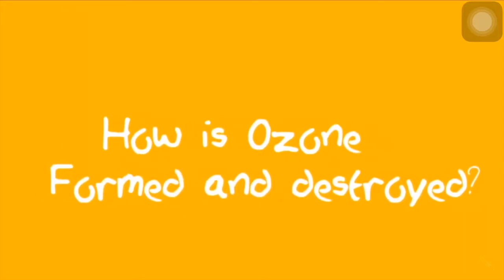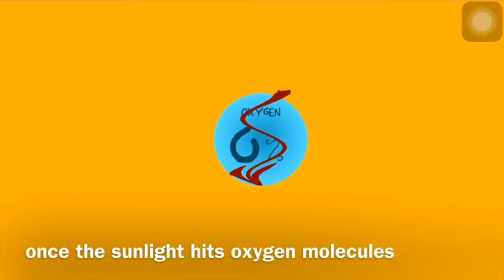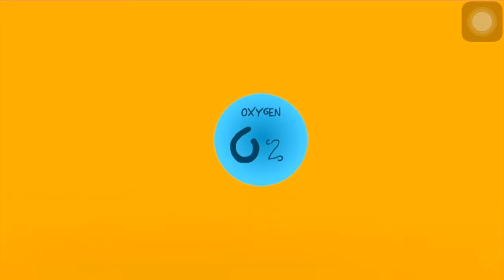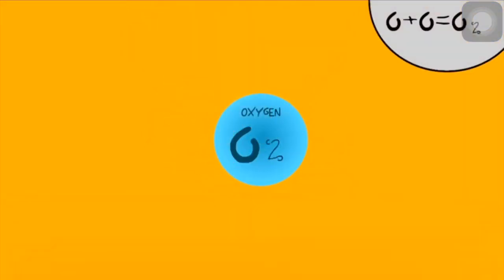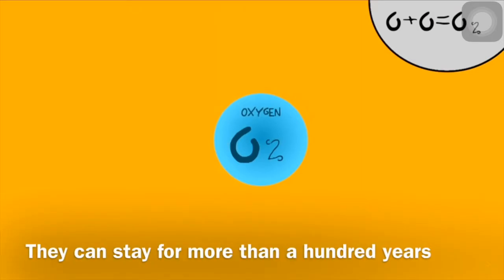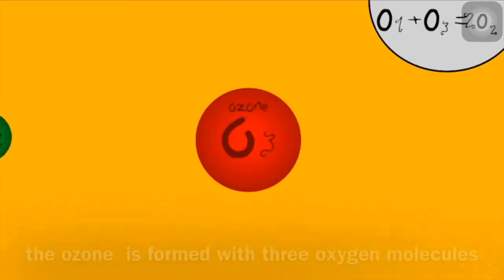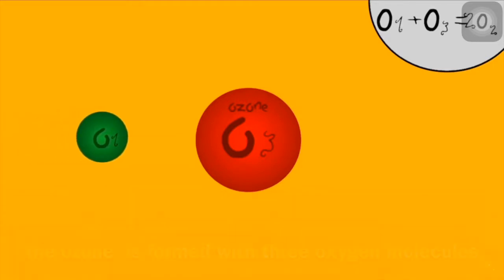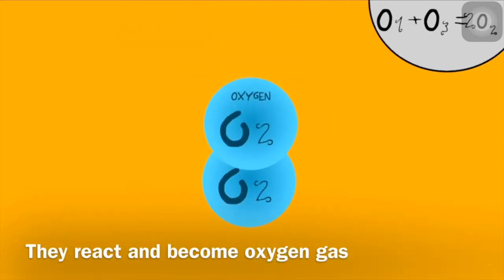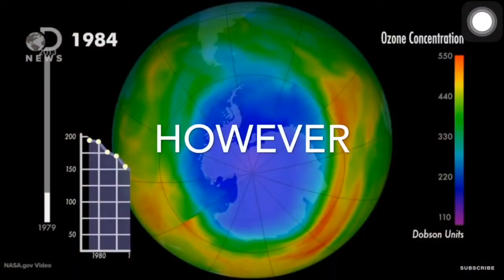How is ozone formed and destroyed? Once sunlight hits oxygen molecules, they break into individual atoms, and ozone can stay for more than 100 years. Ozone is formed with 3 oxygen atoms. When CFC attaches to ozone, they react and become oxygen gas. However,